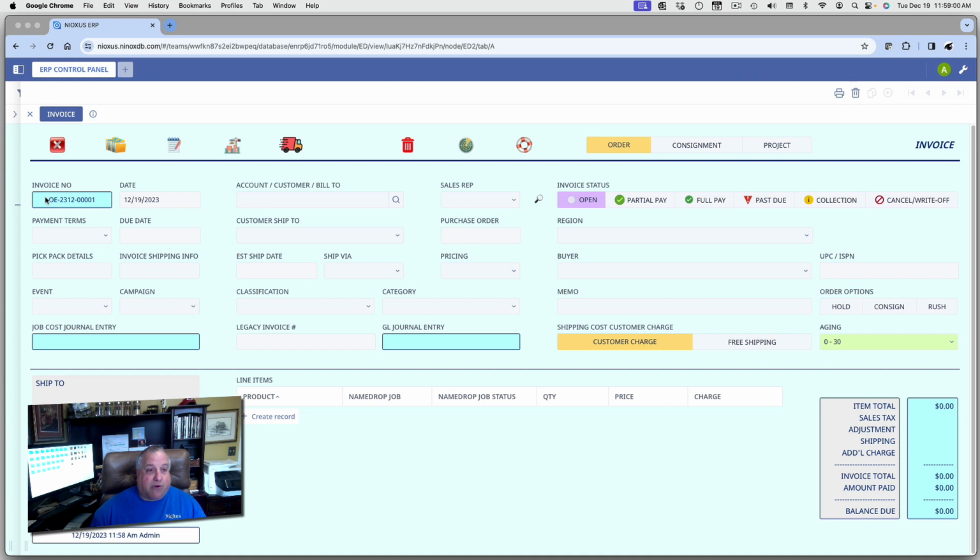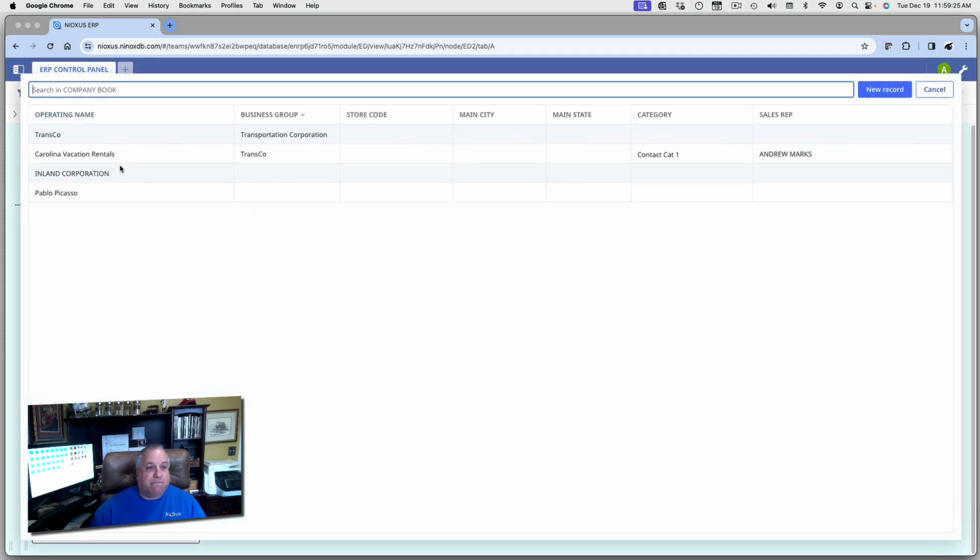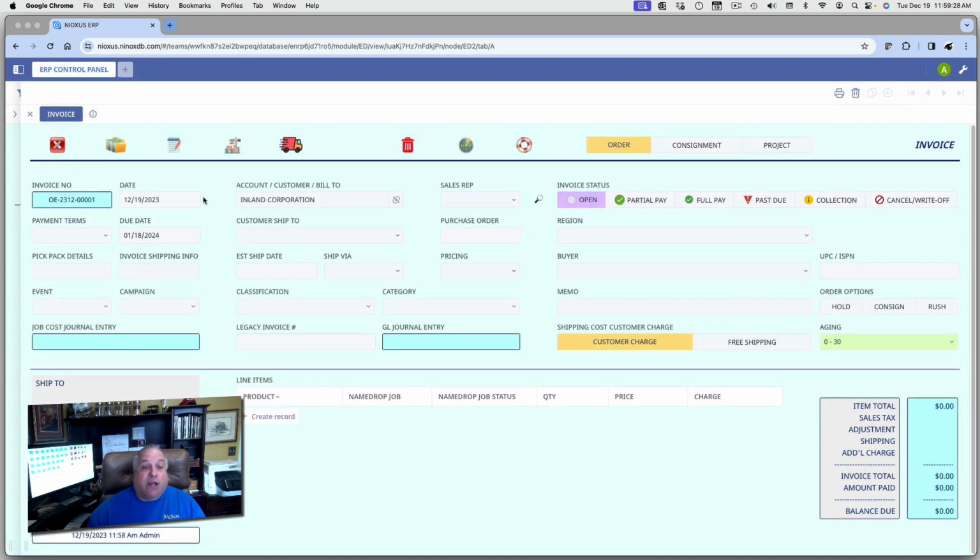The invoice number and date are automatic. The OE prefix tells me this is an order entry transaction. 2312 is the year and the month, and it will automatically and sequentially number each invoice as we process into the system. When you first start using your system, you can set the next invoice number so it'll start incrementing at the proper point. We can select our customer,